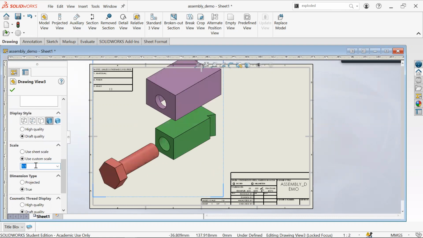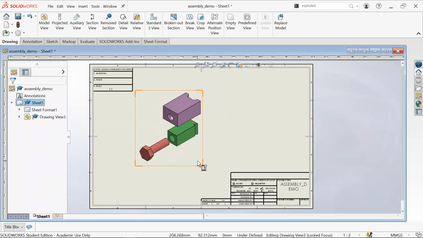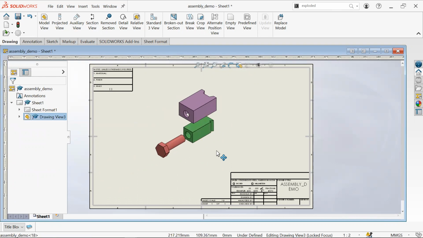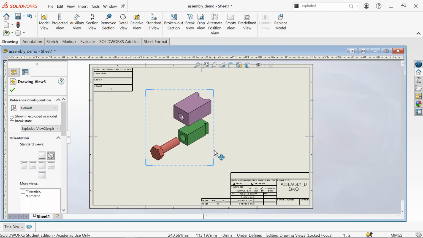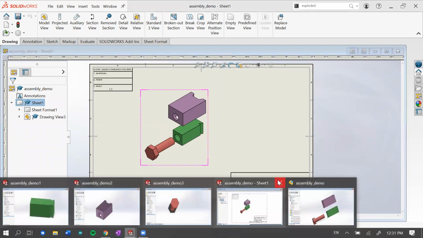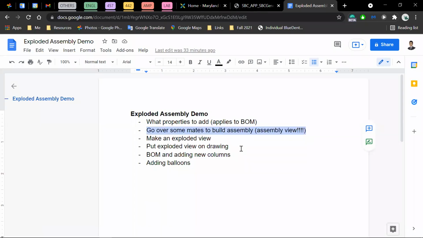So 1 to 1 is too large. Okay, so in this case, 1 to 2 is fine. You don't have to fill up everything, but just try your best to fill up as much of the space as you can. Make it easier for your audience. So hit Control Save, always hit Control Save, always Control Save. Because again, you don't know when SOLIDWORKS will crap out. And this is not the most reliable program. Put exploded view on drawing. Okay, now